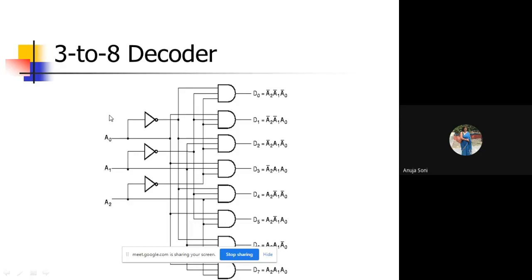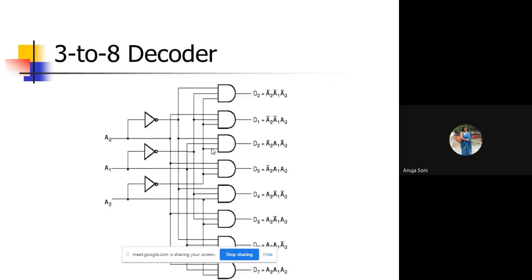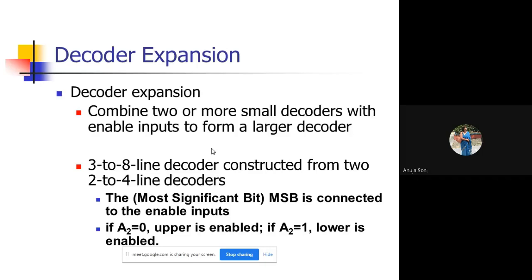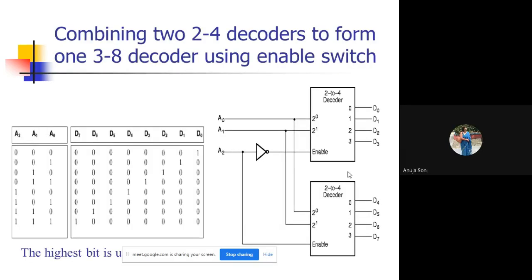So corresponding to a different combination of a minterm, there will be a different output value. Like if it is 000, output D0 will be activated. Then for the second combination, D1 will be activated. For the next combination, D2 will be activated. So on, right? The same kind of functionality has been achieved with the help of this expanded form of the decoder, which is composed of 2:4 size decoders. That we have the 3 input lines, and it's going to generate 2 raised to power 3, that means a total of 8 output lines. Now its behavior is exhibited with the, yes please.